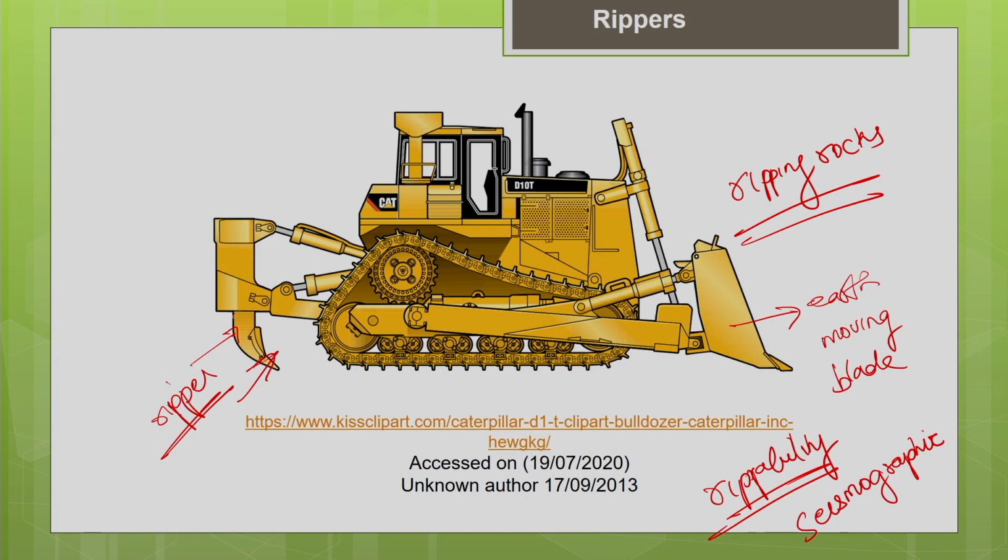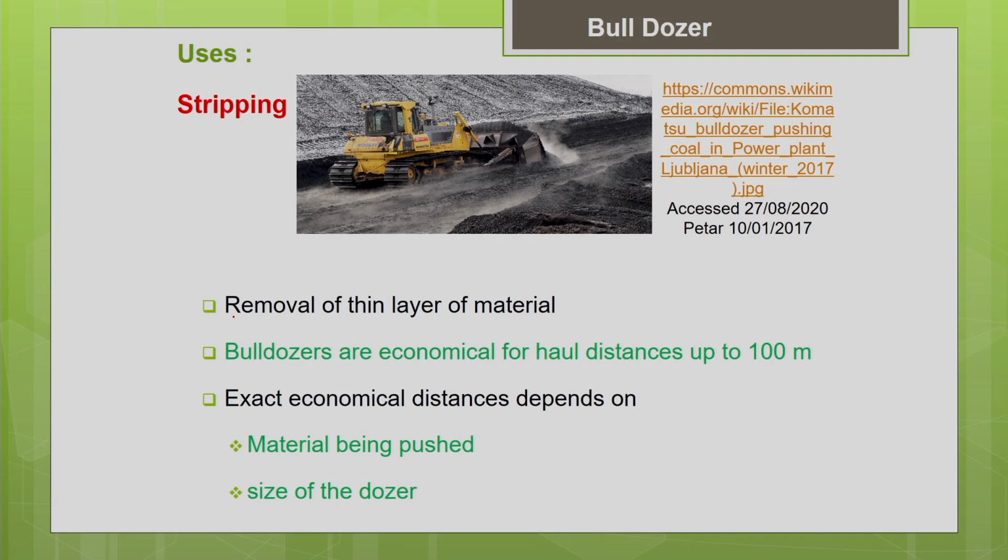Similarly, you can use it also for ripping old pavements, so it can have different applications. Then stripping. Stripping is a very common operation in a construction project site. Stripping is nothing but removal of the top layer of the soil. If the top layer is weaker, with a lot of vegetation, you have to remove it, depending upon the depth to which the vegetation is available in your soil. That is what stripping is.